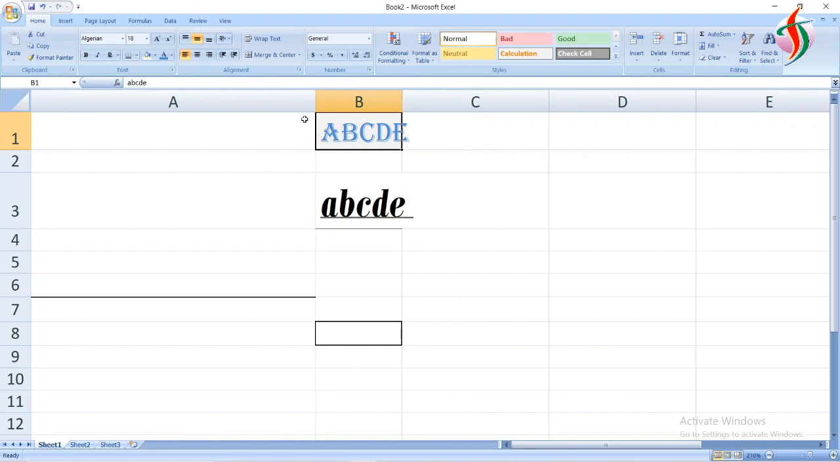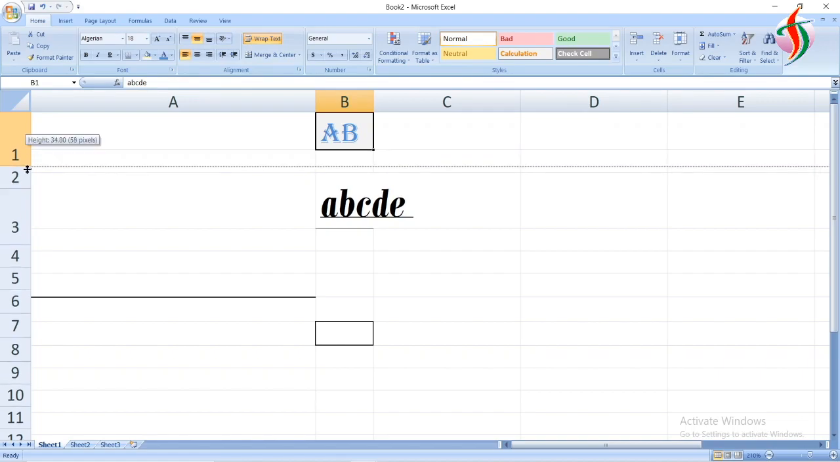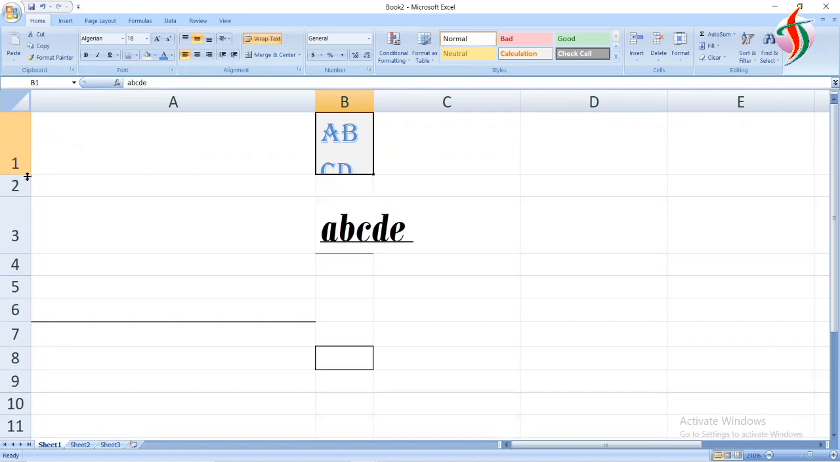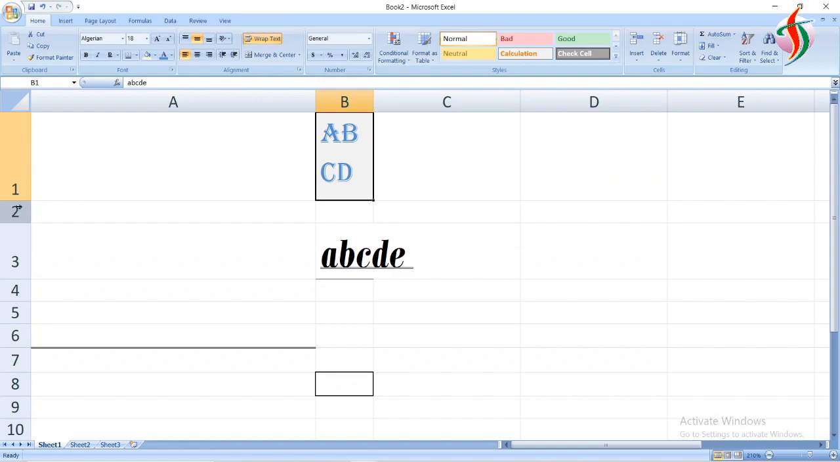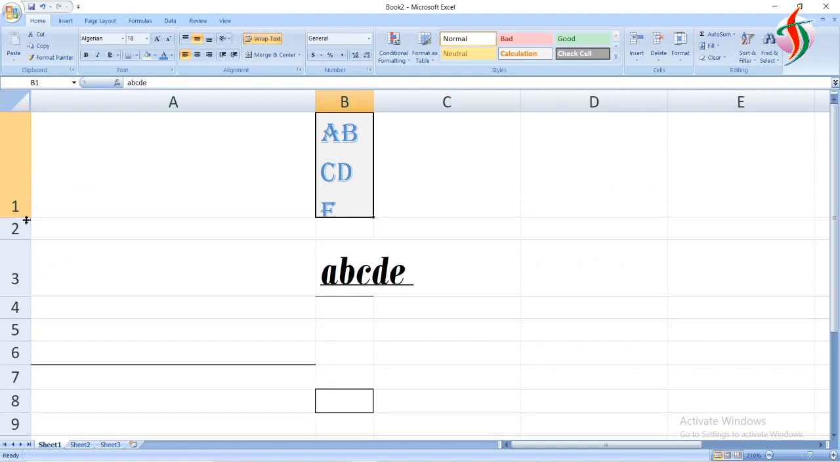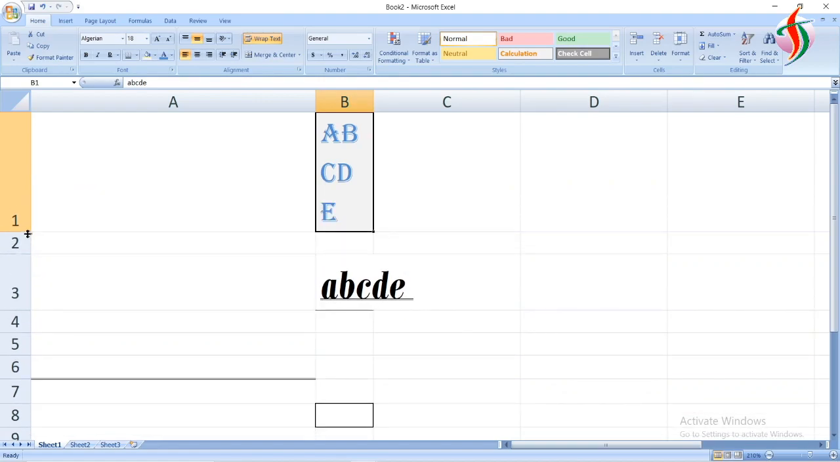Now, if I decrease the size of the cell, it looks like the data is there in B1, but it is looking like it is there in B and C. So, by clicking on wrap text, it will come inside the B1 cell only. By clicking on merge cell,